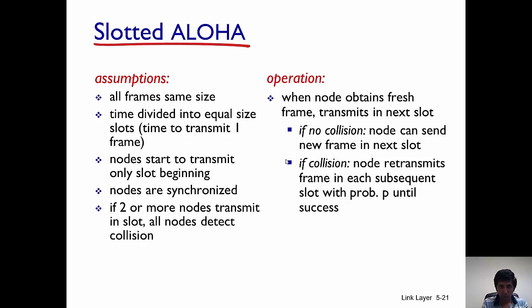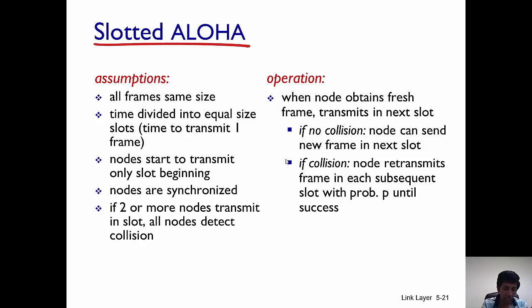Now, say a node picks a time slot to transmit. What happens is it transmits, and if no other node is transmitting, its transmission is successful. And then in the next time slot, if it has further data to send, it could use that time slot to send its data. But say it was transmitting in a time slot, and then another node also started transmitting in the same time slot. What happens is the two transmissions are going to collide.